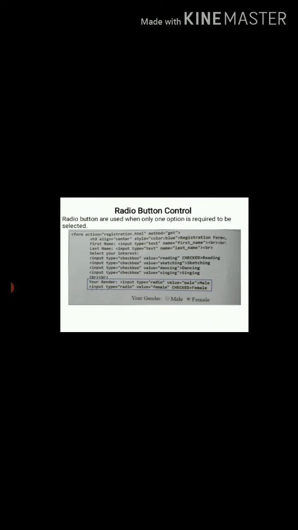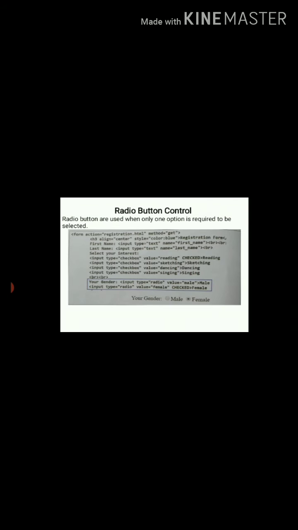Next is radio button. If you want to select one option at a time, then you can choose radio button control or option button control. Like when you fill the gender, male or female. At a time, only one radio button is selected. When you select another button, the previous button is automatically deselected. List box control is used to select single or multiple options at once. It provides the list of single or multiple options.